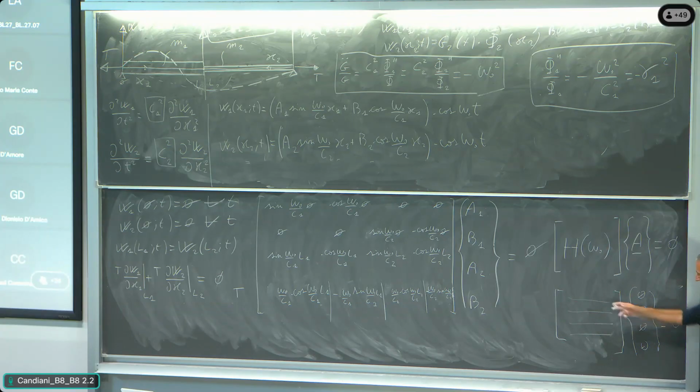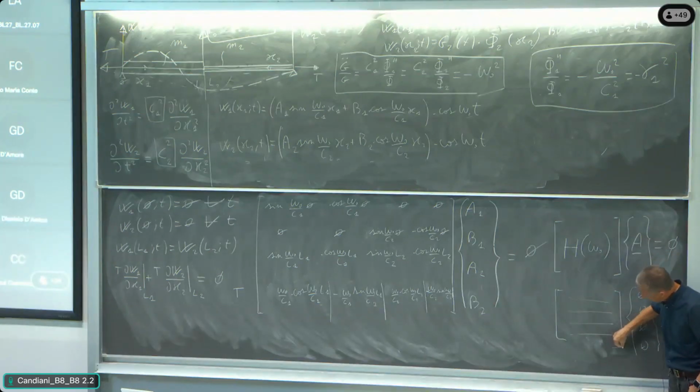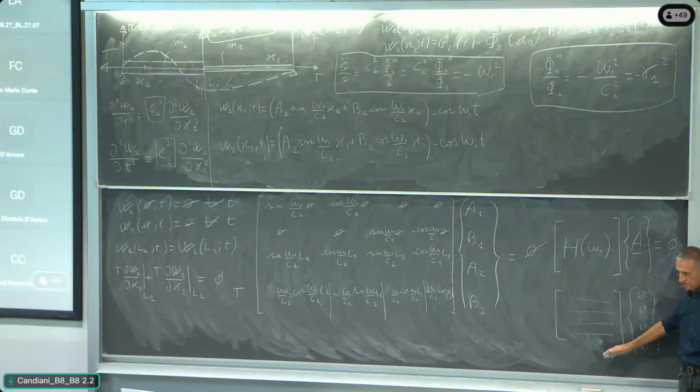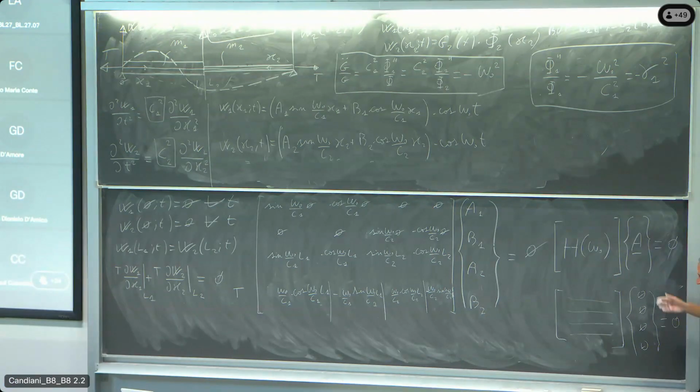So when the determinant of this matrix is null, then it means that one of the 4 equations is dependent: the number of equations is 4, but the rank of the problem must be 3. It means that one of the 4 is